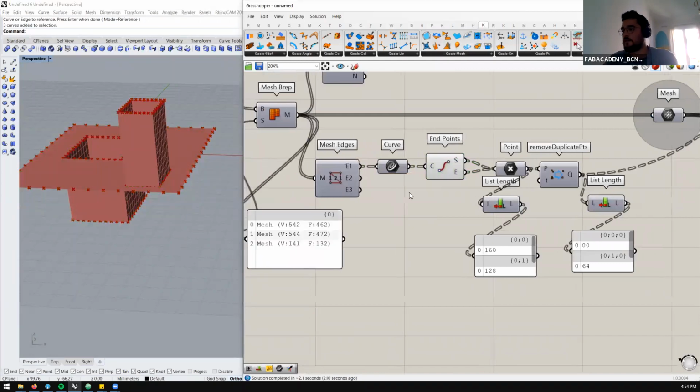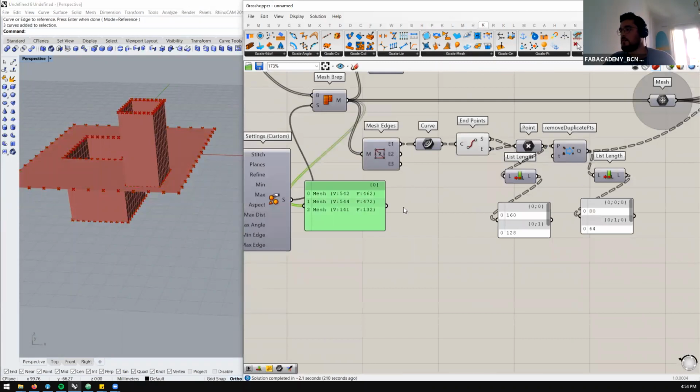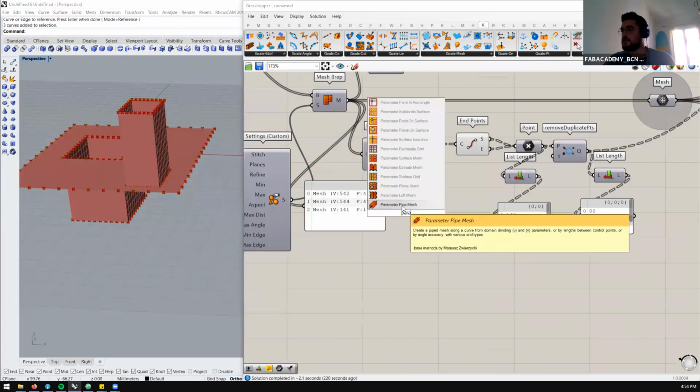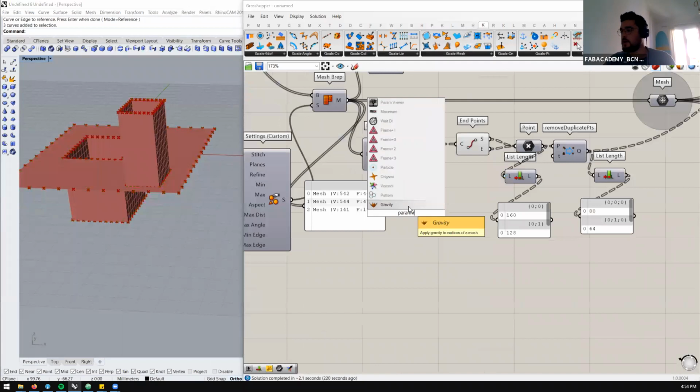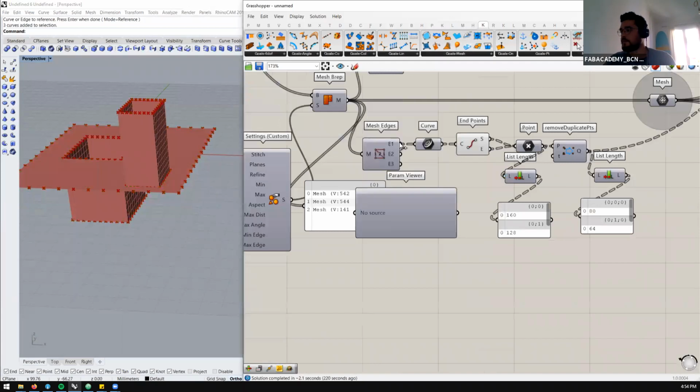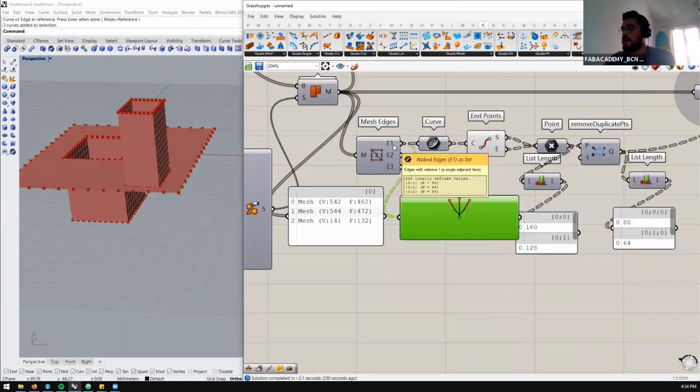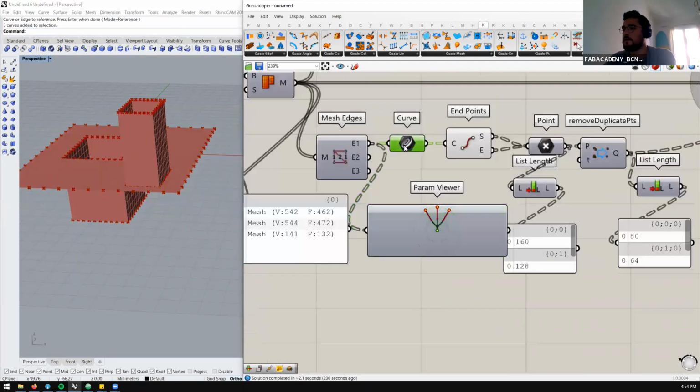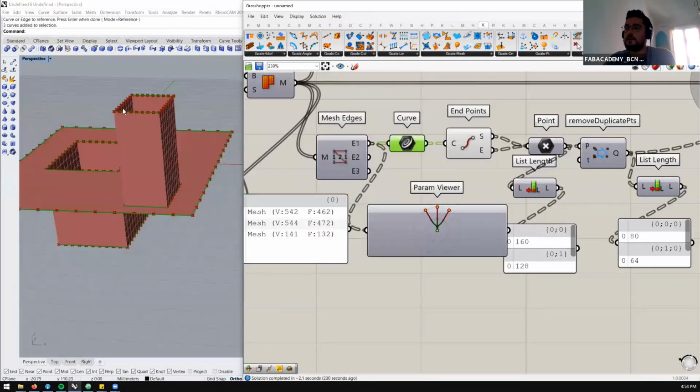As we have 3 meshes, we will have 3 branches, in Param Viewer, for the naked edges of each one of them, that are going to be actually these lines. And now we not only have this one, but also what is supposed to be the interior one,